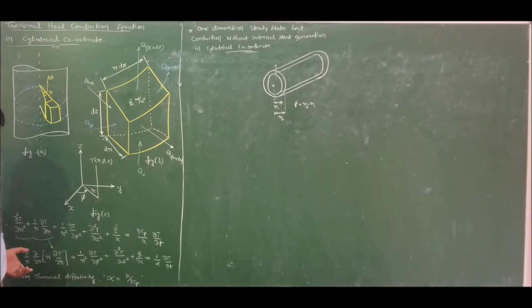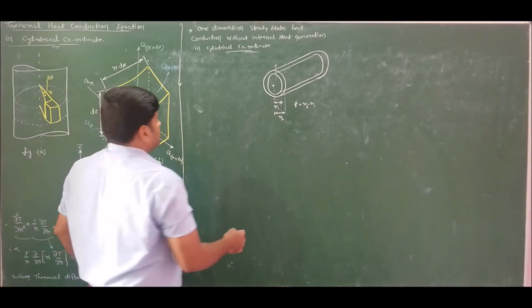Let me take the modified equation wherein I express the first two terms in product rule. So if I do product rule, it is first function r into derivative of second, dou square T by dou r square. R and r will get cancelled, I will get dou square T by dou r square itself. Next, second function dou T by dou r, differentiation of first is 1. So therefore dou T by dou r into 1 by r, that is what I will get. So I formulated it for simplification in terms of product rule combination.